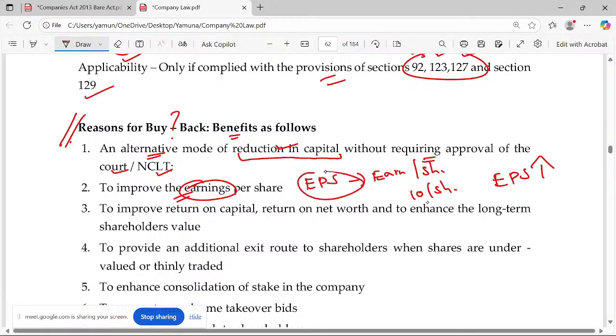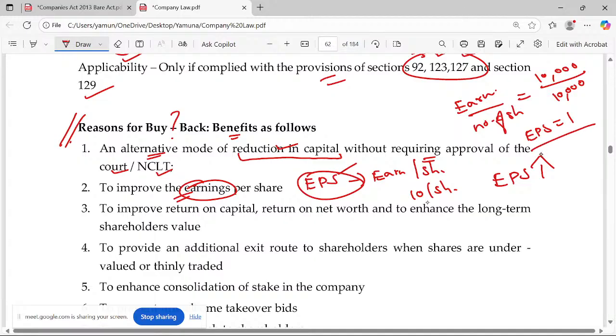What is earnings per share? Logically, by definition, you hold shares, how much do you get? I'm not talking about return on investment. How much earning is there for one share? Okay. So, if the earning is 10,000 crore rupees, and the number of shares is 10,000, what is the EPS? 1 rupee per share. Sometimes it goes like 1.01, 1.02 and so on. I'm just taking a solid figure to understand easily.